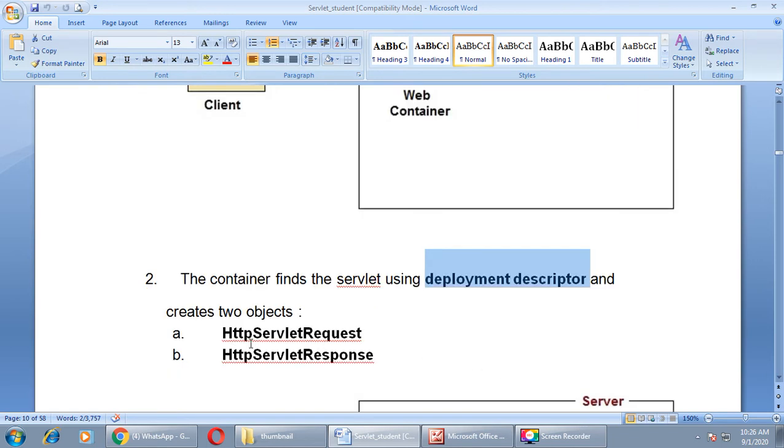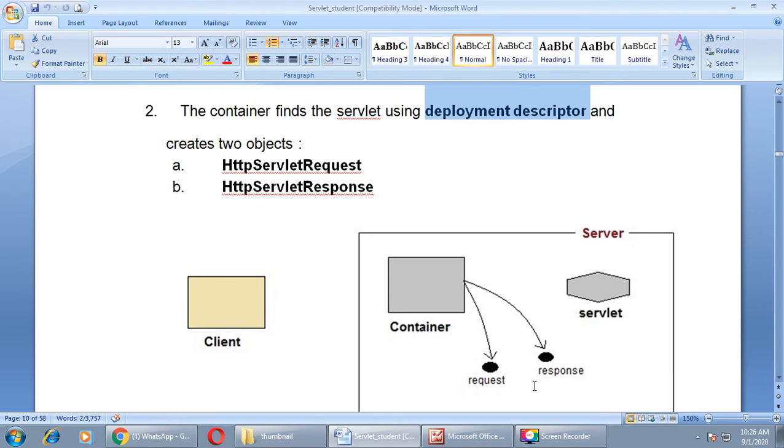We will learn about the deployment descriptor in future. The container finds the proper servlet using the deployment descriptor, and creates an object of HTTP servlet request and an object of HTTP servlet response. Here you can see in pictorial form, request and response. These are the 2 objects generated by the container to deal with the request sent by the client.